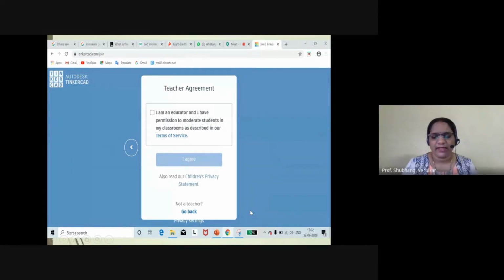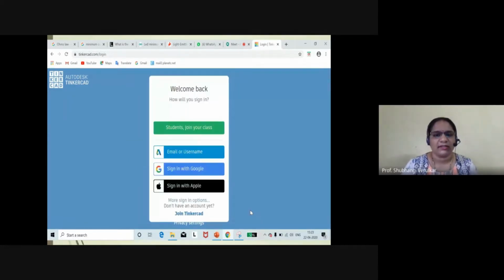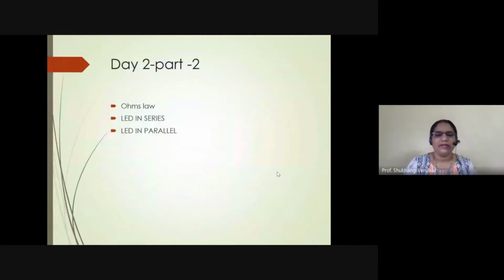Students will get the student terms and conditions. Then you have to choose how you want to sign in, with your email or username, as per your choice. I prefer to sign in with Google. Once you are done with this, you will come inside a screen. Before reaching there, we will do up to this, and then we will come back to this slide, so you will get clear with the concepts whatever we did till now.